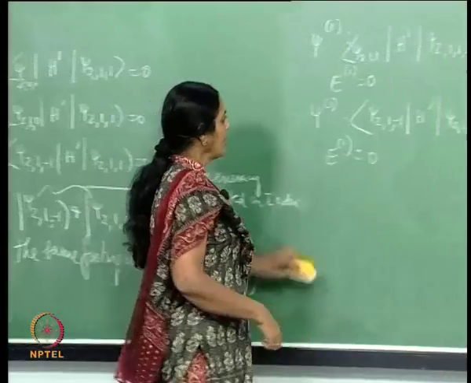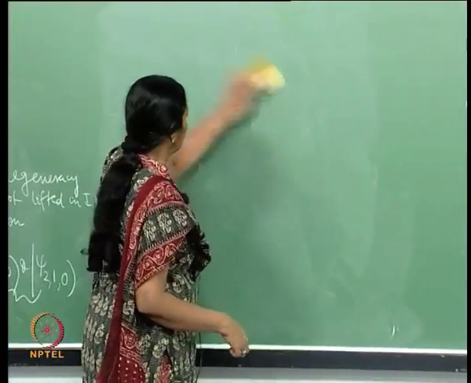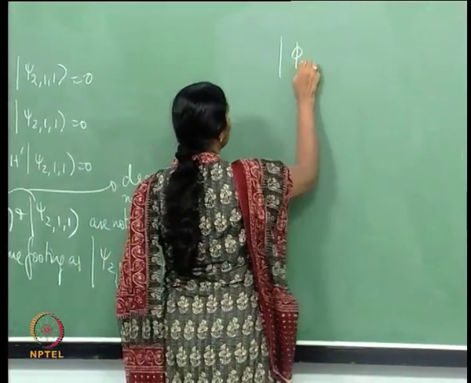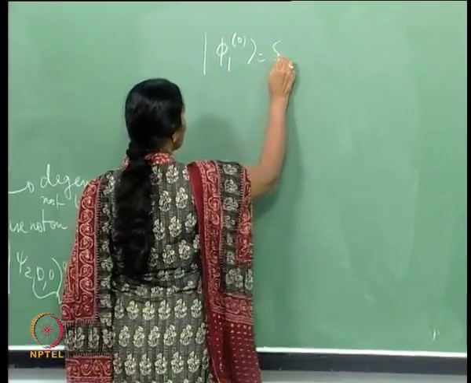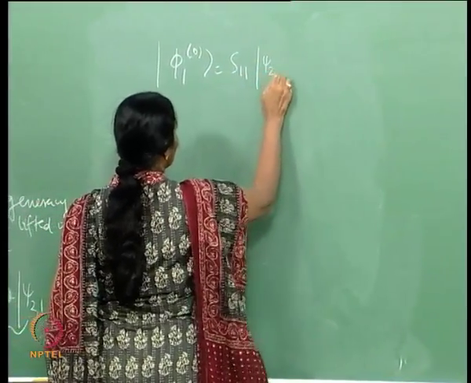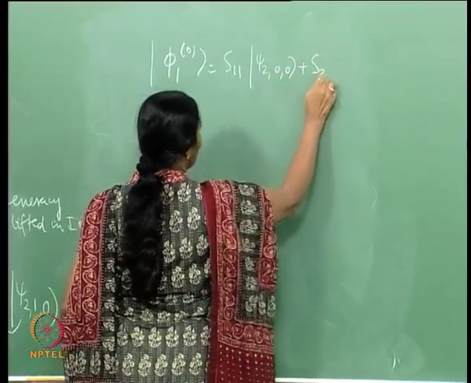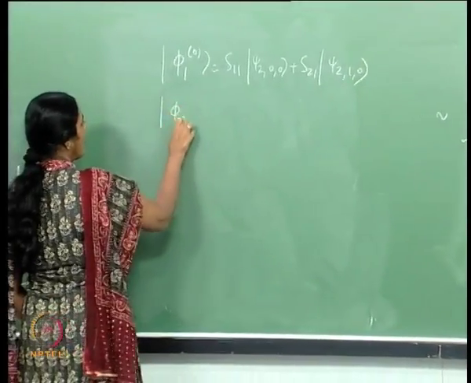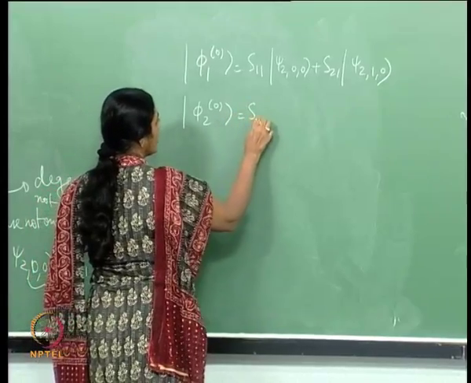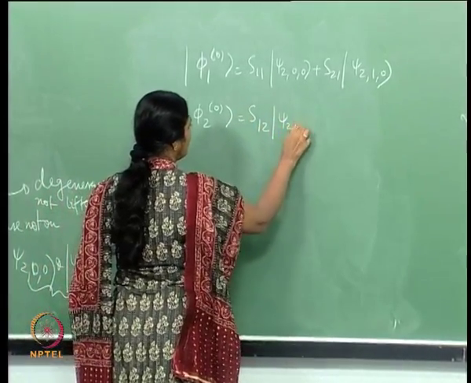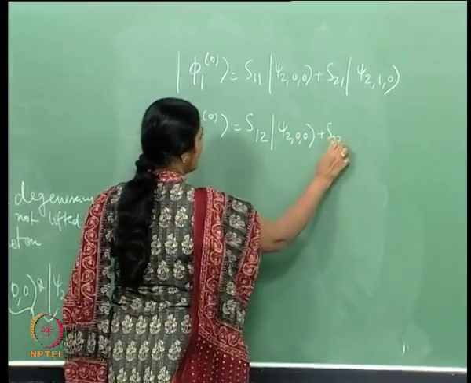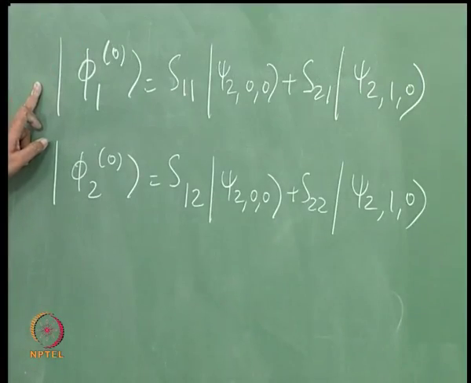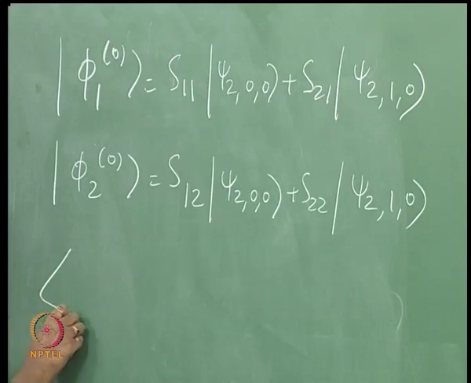In other words, as far as first order perturbation theory is concerned, the degeneracy between these two states is lifted because I will define a phi 1 0, which is S11 psi 2 0 0 plus S21 psi 2 1 0, and I will also define a phi 2 0 which is S12 psi 2 0 0 plus S22 psi 2 1 0, such that these states are normalized to 1, and my demands are the following: